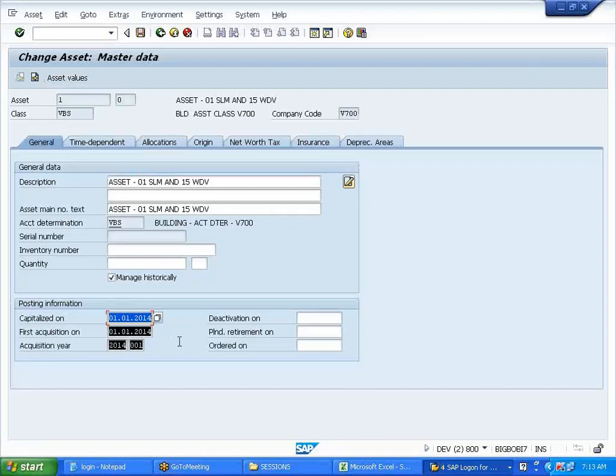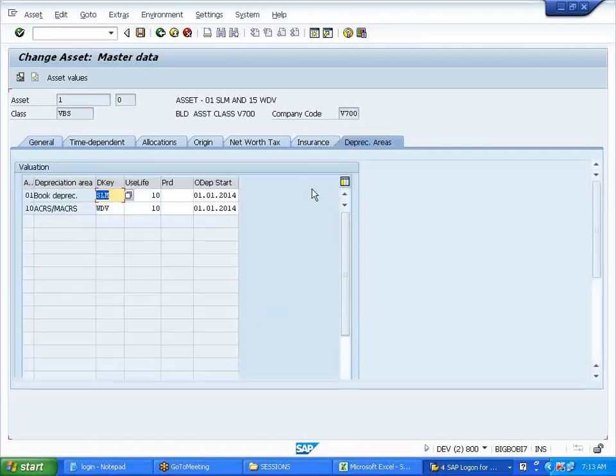Capitalized date is nothing but the date from the asset being used. So how did it get updated? From the transaction data, from where I was posting, right? From there it got updated. Based on the transaction data, your ordinary depreciation gets updated. See here. Okay. Clear?